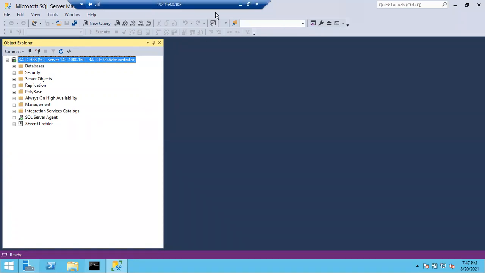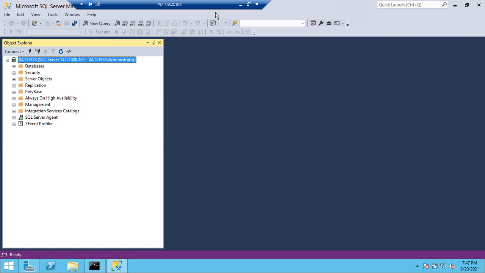Final question. What is the query to take the backup of the database? I want to take the full backup of the database. What is the query? Backup database name to disk equals to file path name dot bak. Okay. So what is meant by media set and backup set? A collection of backup sets we call a media set, and a single file is called a backup set. Very good.